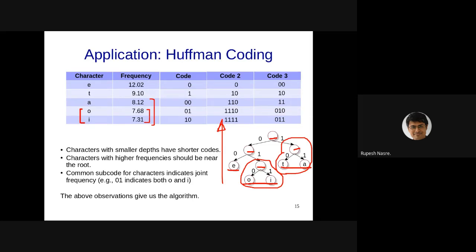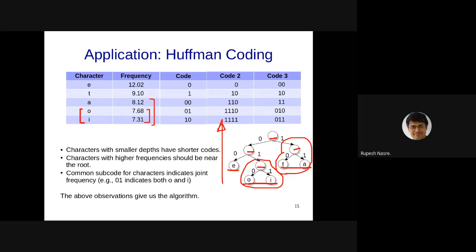I just want to give you a few more seconds in case somebody. Great, great observation. So the frequency of O is 7.68, frequency of I is 7.31, but the frequency of the subtree O and I is going to be the sum of the frequencies.